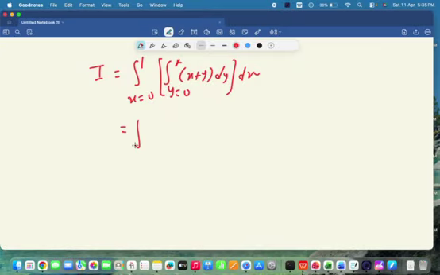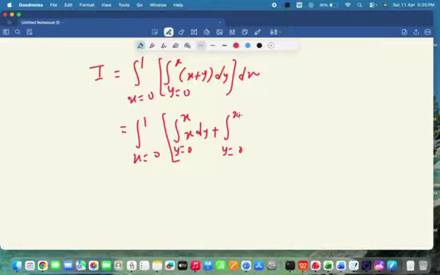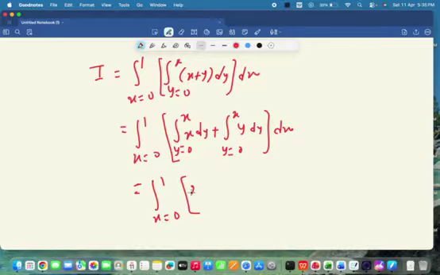Now solve this limit, x is equal to 0 to 1, and we can solve y is equal to 0 to x, x dy plus y is equal to 0 to x, y dy dx. Okay, so solve one by one, x is equal to 0 to 1. Here x is a constant, so we are taking this outside. y is equal to 0 to x dy